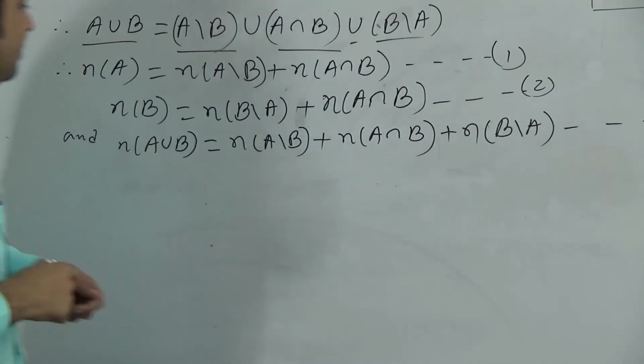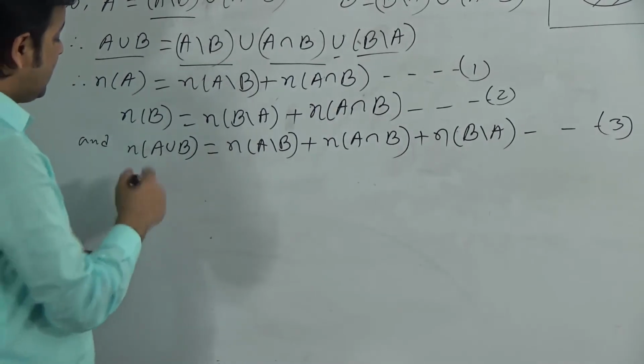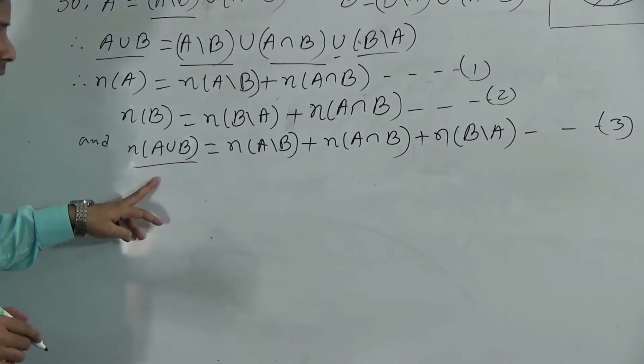Okay, now see, dear students, to get this one, number of elements of A union B,